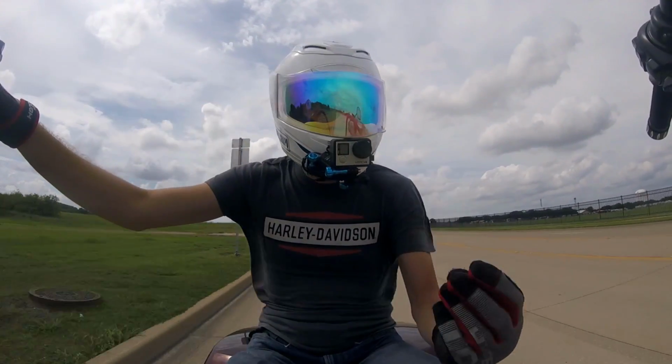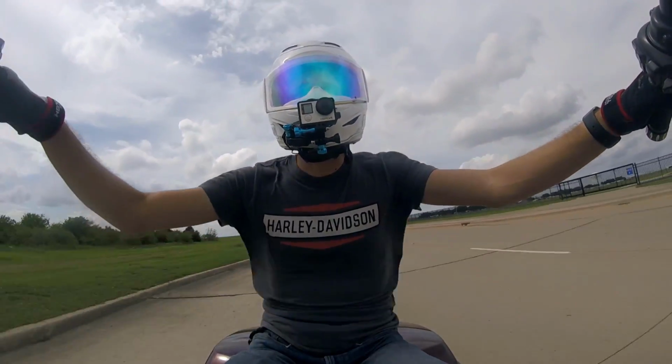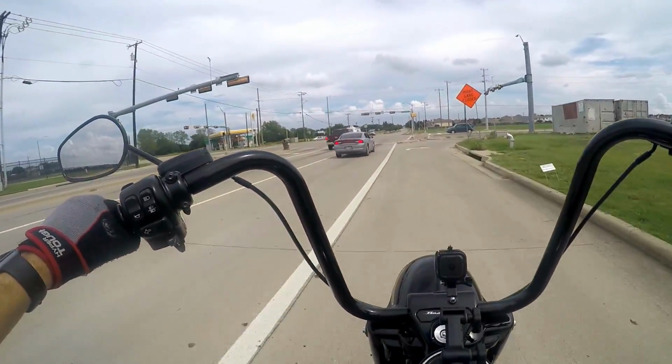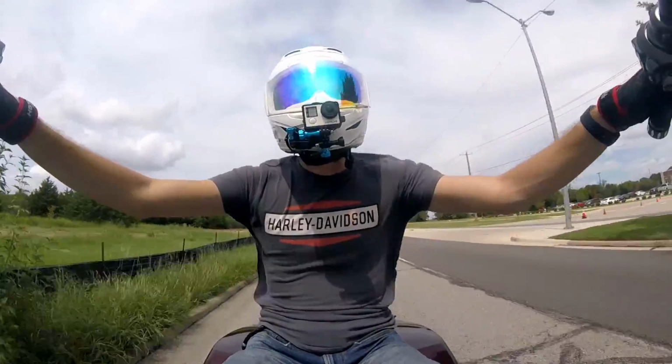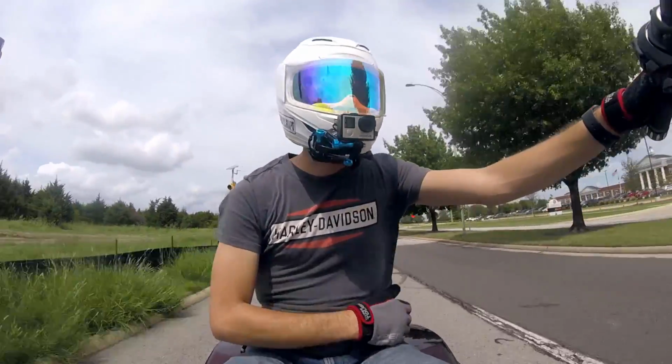I really love the Road Glide. The Road Glide is, I call it near and dear to my heart. But there's something about always wanting to do something unique. And ever since I discovered the FXRP fairing existed, I was like, man, I really want that on a Road King, because